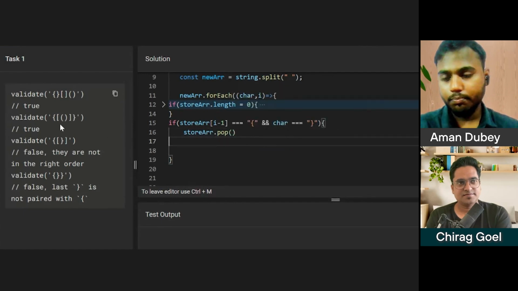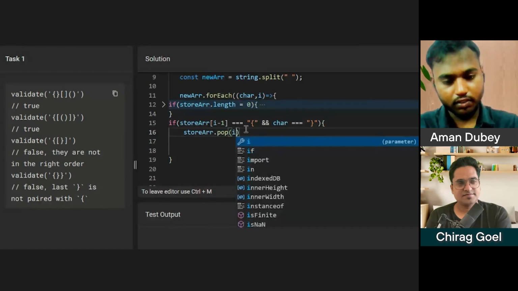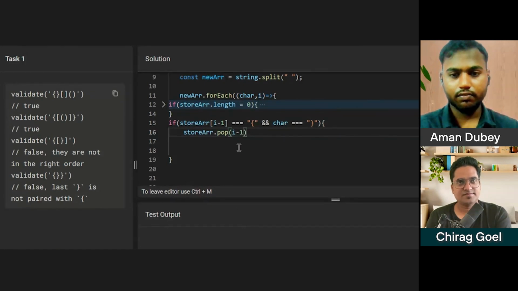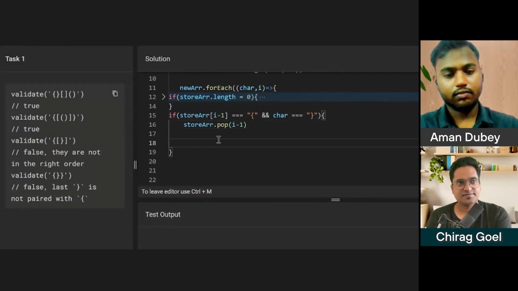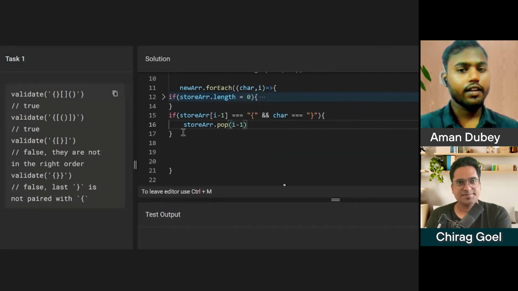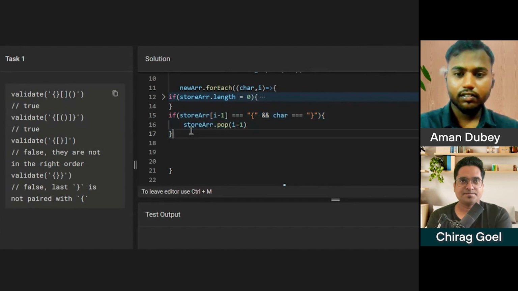We have to go for the I minus 1. We are not storing the current one. Why do we have to? And if this is not the case, we have to write for array as well. Let's write this.